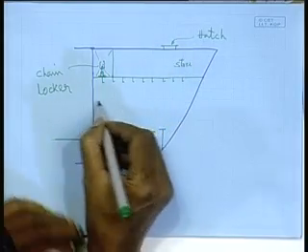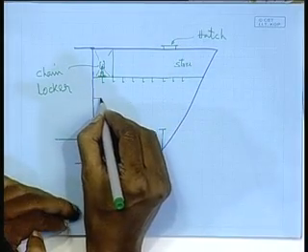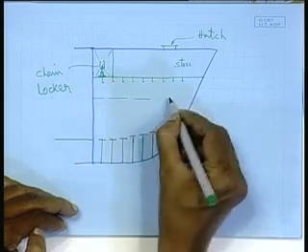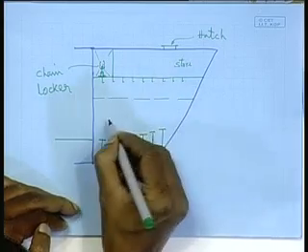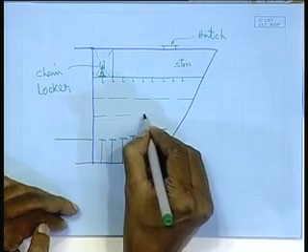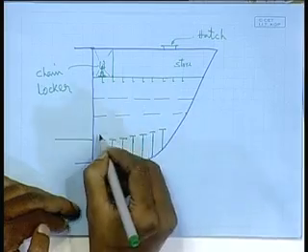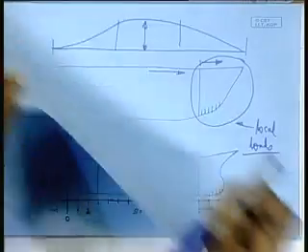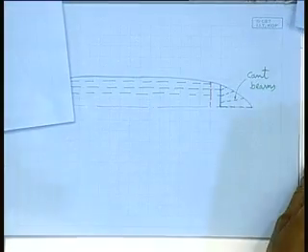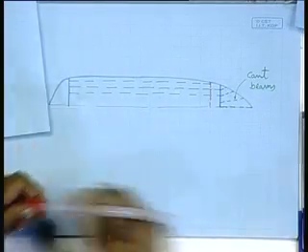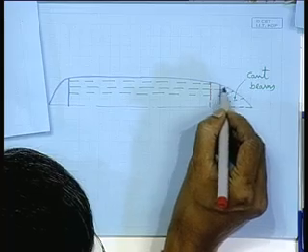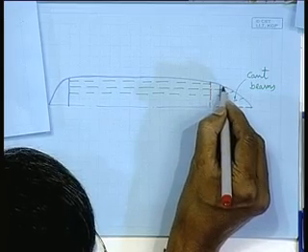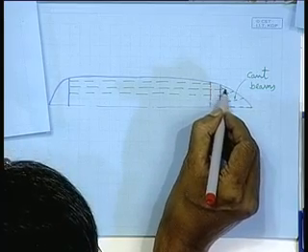So, you have a stringer running along the side shell. Depending on the depth of the vessel, it will decide how many stringers. The stringers along the side shell means it is essentially, well, in this figure probably it will be easy to make out, a stiffening member going like this,